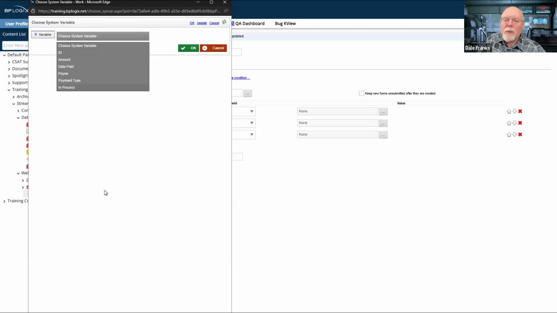Now, I would say that I probably made a mistake on this business value. I included all of the fields. Technically, I didn't need to. Technically, all I needed to grab were the ID, the amount, and the payee fields from my original data. I really only need those 3 fields.